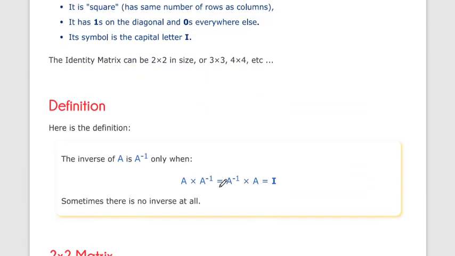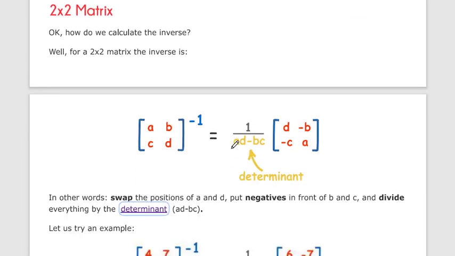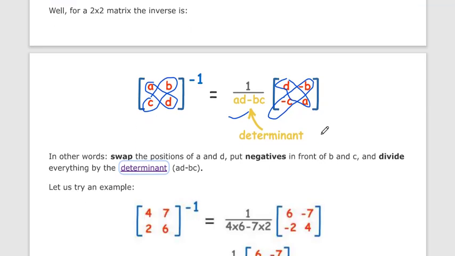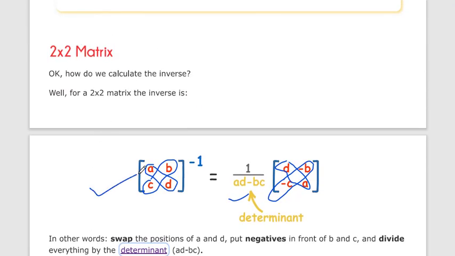Inverse. 2 by 2 inverse is easy. We have to take 1 upon the determinant and its adjoint. And how to find the 2 by 2 adjoint? Swap the diagonal entries and change the sign of the other diagonal elements. Okay, so this is da, we swap the position of the elements, and for the other diagonal we will change the sign. If it is plus, then minus. If it is minus, then it will become plus. Okay, so the inverse of a 2 by 2 matrix is easy, but in 3 by 3 there is some complex method.